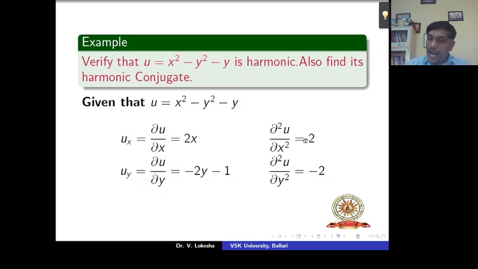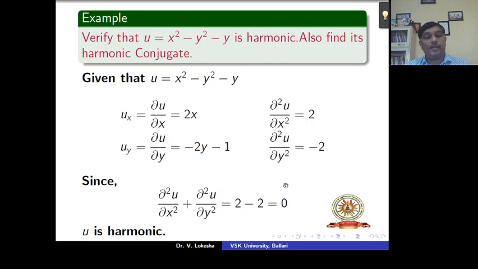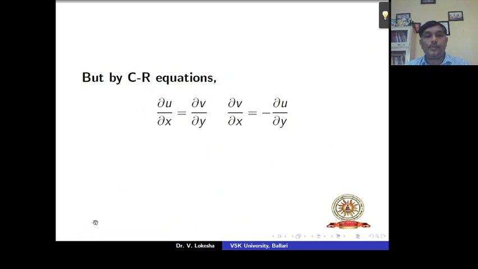Then if you add these two, that is ∂²u/∂x² plus ∂²u/∂y², it becomes 2 minus 2, that is equal to 0. Therefore, if it satisfies the Laplace equation, then we say that u is harmonic. But by analyticity, we use the Cauchy-Riemann equations, that is ∂u/∂x is equal